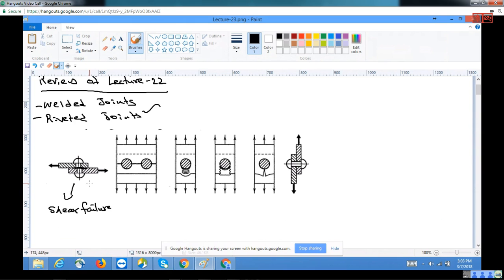This is the shearing failure, and the second one is, you can see that the critical cross section of the plate is minimum at this point. So this plate is going to fail under tensile failure, is this part. And the third one is the tensile failure between the